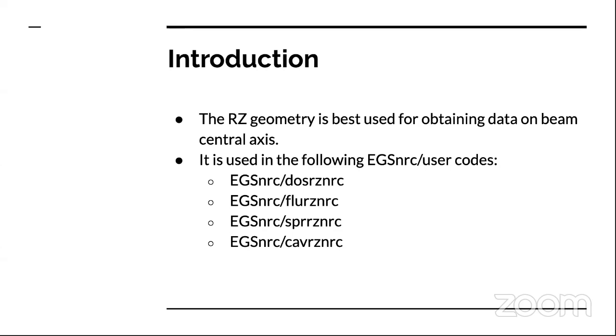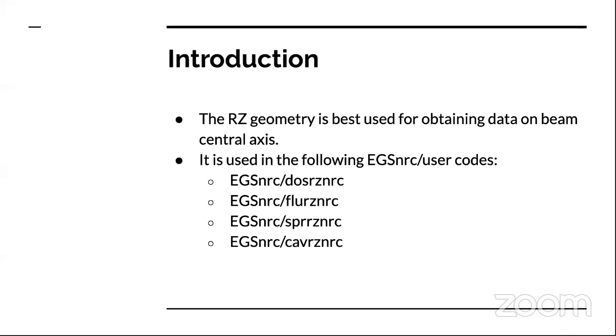You could do that with dosxyz. In particular, the dose, you can calculate those along the central axis with dosxyz. But it happens that when you use an RZ geometry, the dosrz is actually faster in calculating the central axis depth dose, for example. But there are other codes that are of interest when it comes to, for example, chamber